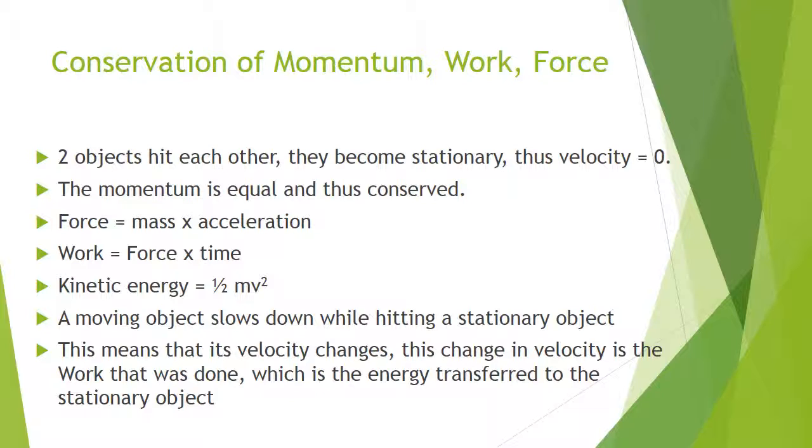And when two objects hit each other, they become nearly stationary. Thus the velocity is equal to zero. In the end, the momentum is equal and thus it's conserved. But all this extra energy has been absorbed by either the wall, the car, or unfortunately the victim, the human being who is driving the car. So this tells you that in a car crash, or in any case of trauma, whether it's inflicted by a hammer or by a machine, in the end, when everything becomes absolutely still and stable, quite a bit of damage has been done to the body tissues.